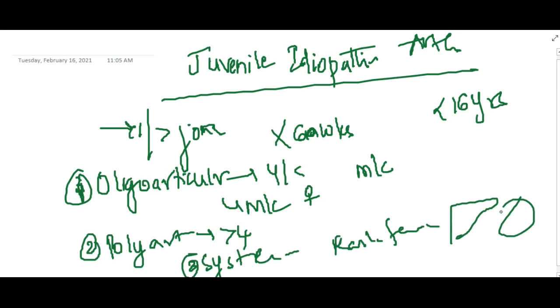Okay, so juvenile idiopathic arthritis is arthritis of one or more joints lasting for at least 6 weeks in a child less than 16 years of age. So these are of three types. One, oligoarticular, that is 4 or fewer joints involved, and it is the most common type with uveitis or iridocyclitis, more commonly seen in girls. Polyarticular is involvement of more than 4 joints. Then we have systemic onset, which includes fever, rash, hepatosplenomegaly.